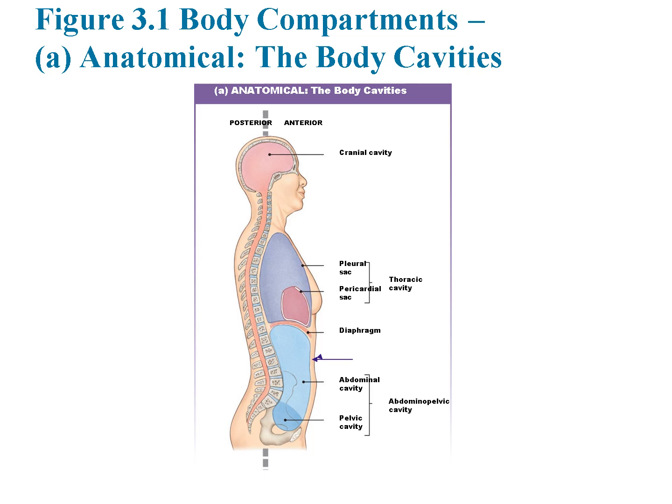Let's take a closer look at the body's compartments and how they're organized anatomically. Starting at the top, we have the cranial cavity. This is the space inside your skull where the brain is housed. It's like a protective vault for one of the most important organs in your body. Next, moving down to the thoracic cavity, which is in your chest. It holds the heart and lungs and is separated from the abdomen by the diaphragm, a muscle that plays a huge role in breathing. Within this cavity, you'll find the pleural sacs, which surround each lung, and the pericardial sac,